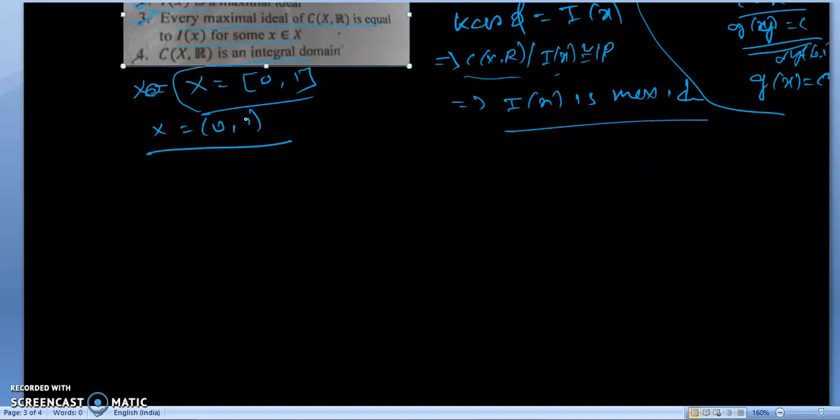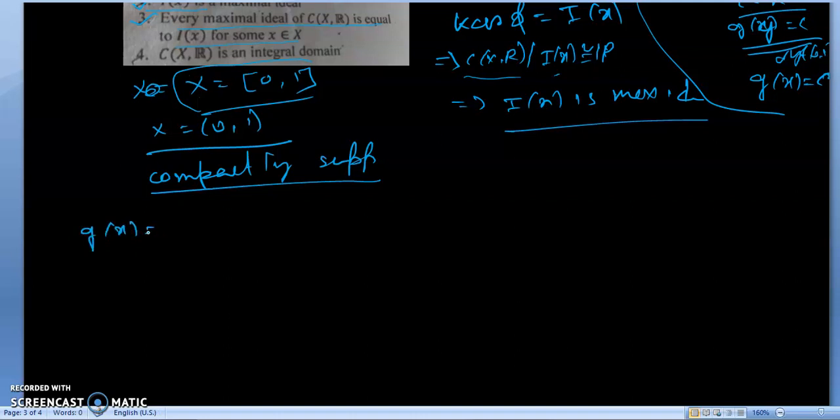because this interval is not compact. Okay, so before starting this, we have to know about compactly supported functions. Which functions are called compactly supported functions? Suppose we take a function g(x) equals x squared minus 1/4 such that x belongs to the open interval (0, 1/2), and equals 0 otherwise.